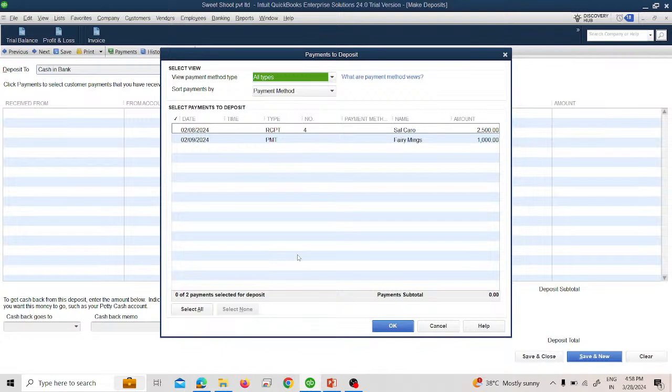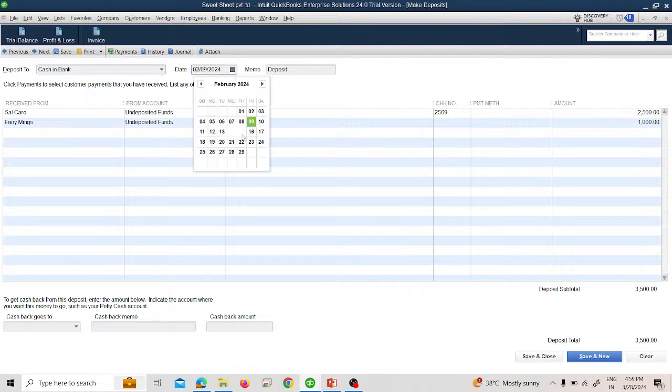Why do we do this exercise? Because when you are going to do bank reconciliation, if you haven't given this effect in your QuickBooks Desktop, your bank statement and your QuickBooks will not be reconciled, and it will show you $3,500 less here. Okay, so we will just select all the items and click OK,